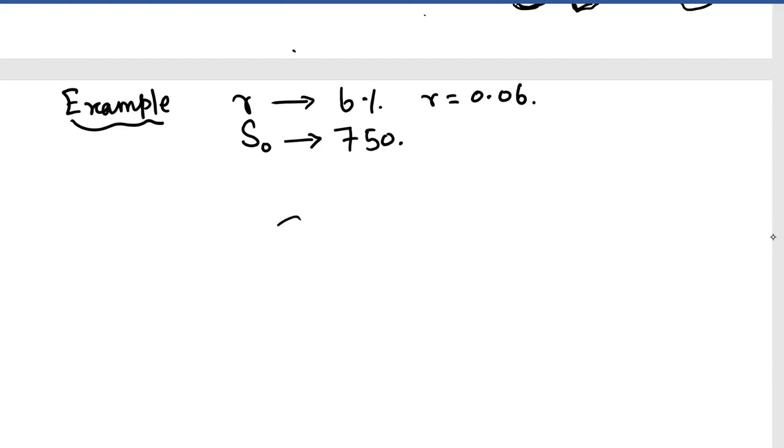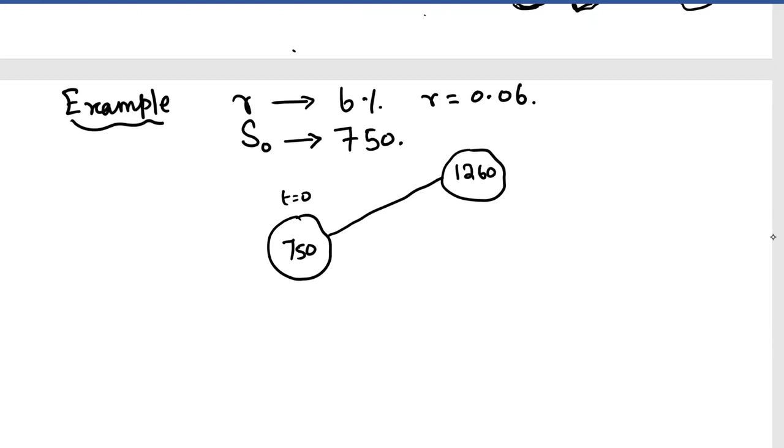So it means we have 750 rupees at t is equal to 0. And suppose you are given that the stock either touches 1260 or it touches 675. Okay. So what you are given through this, you are given U, you are given D, and you are asked to find the